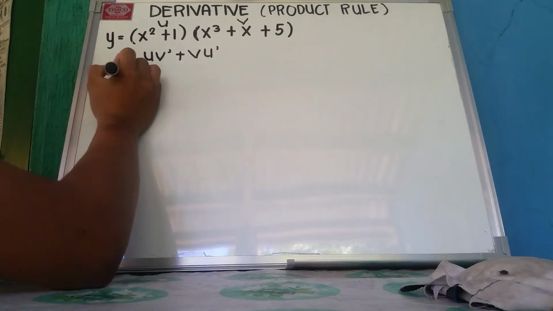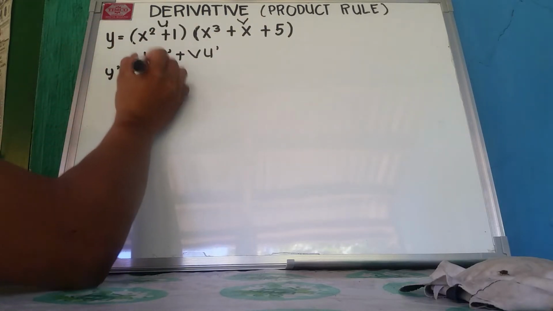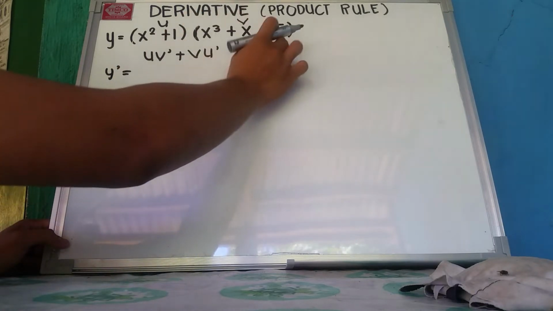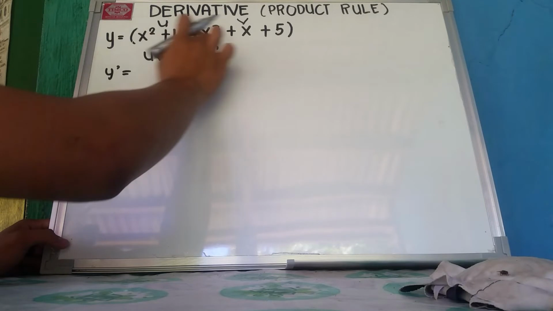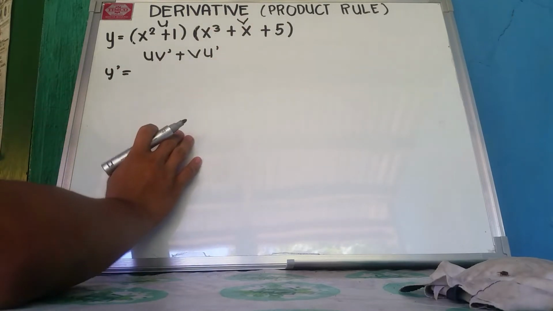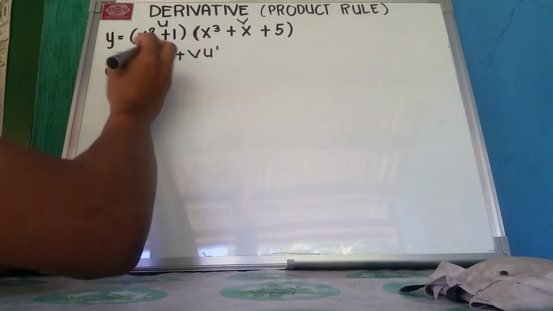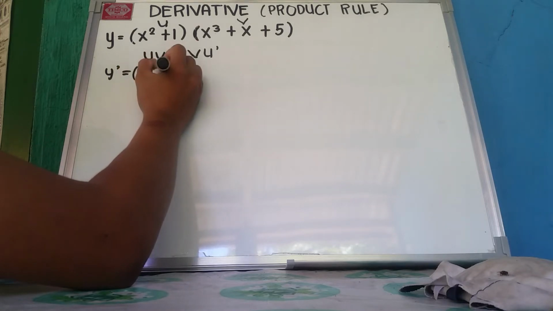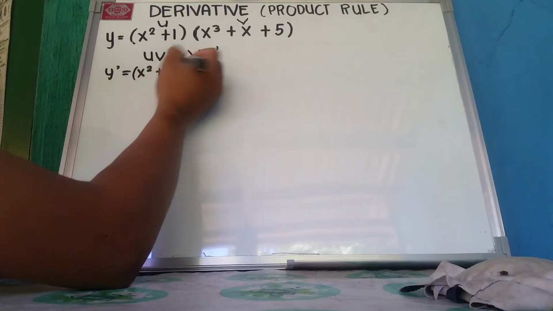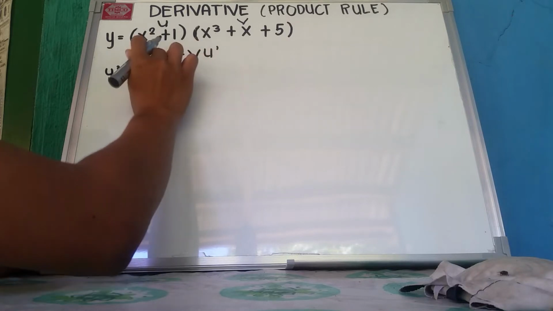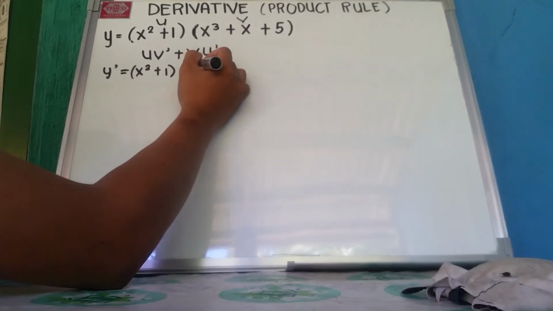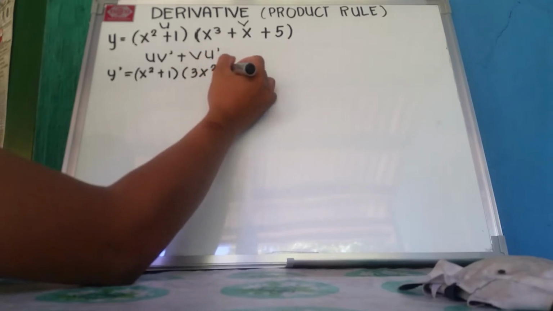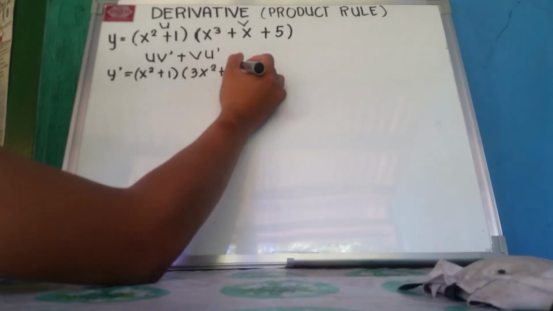So we're going to have the derivative of v, and the normal terms. So u, copy this one, x squared plus 1, derivative of v, 3x squared plus 1